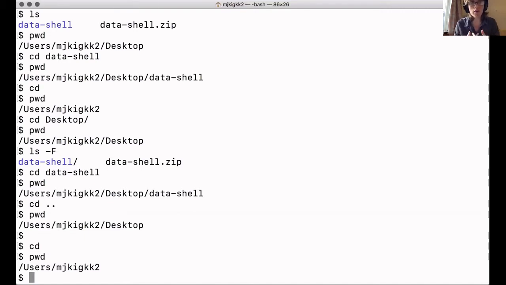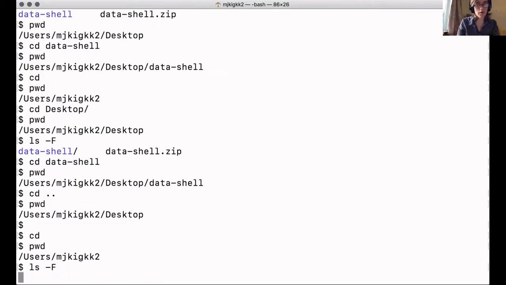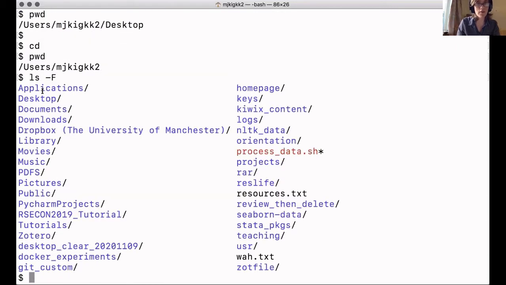So far, what we've been doing is we've been in a folder, and then we've had a look at the contents of that folder, and we've seen subfolders listed there. And then we've used the cd command to change our location into a subfolder. So for example, in the home directory, we've listed the contents, and you can see my desktop folder is here. And then the next step that we've done is cd desktop. This is what's known as a relative file path. We've been specifying the folder that we want to go into relative to our current location. And you'll notice there's no slash at the front of this